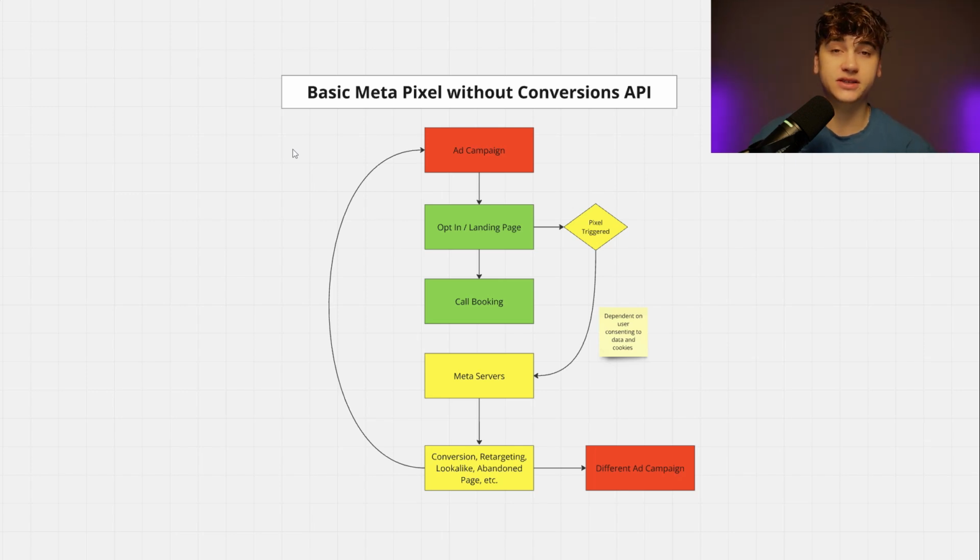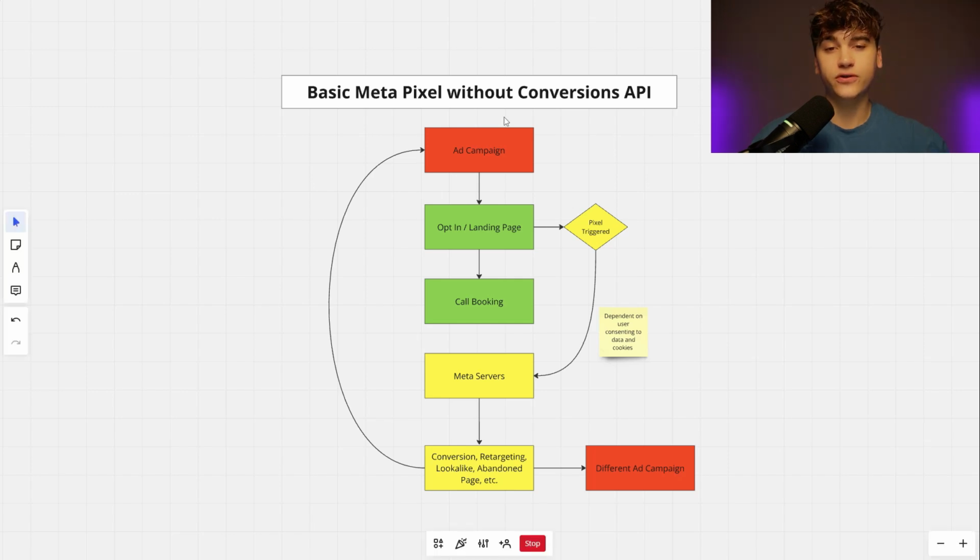However, in recent years, data privacy has become a big issue. So it's become a lot harder for us to properly track users that go through our landing pages because iPhone specifically has released a bunch of iOS updates that prevent data tracking across websites unless the user specifically consents. So if a user doesn't allow cookies or doesn't allow web tracking, then this pixel essentially becomes useless. And if you think about it, a lot of people really care about their privacy these days, so we end up getting just a small percentage of people that are actually going to consent for us to track their data, and overall it just becomes a very inefficient and expensive way to do meta tracking